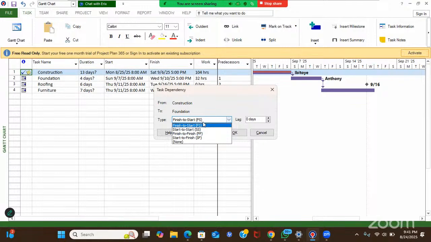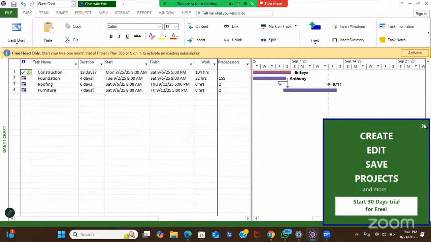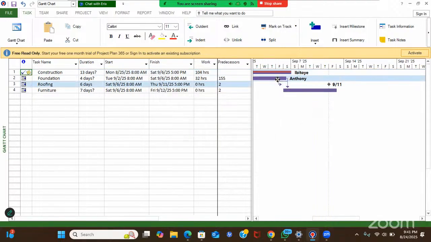Now, this first option, this arrow we put in, is telling us that the moment we finish this project, automatically it activates the next project. If I put in start to start, I press OK. Now, this